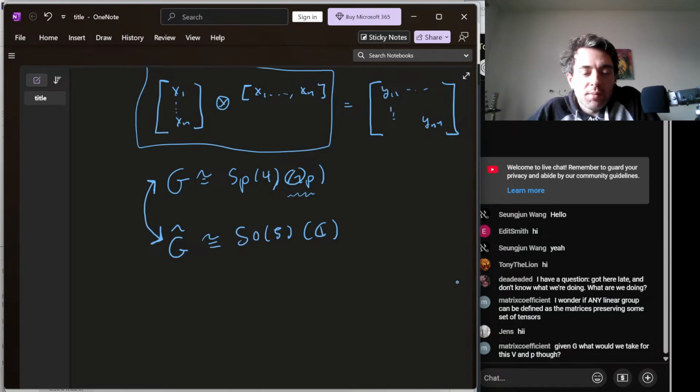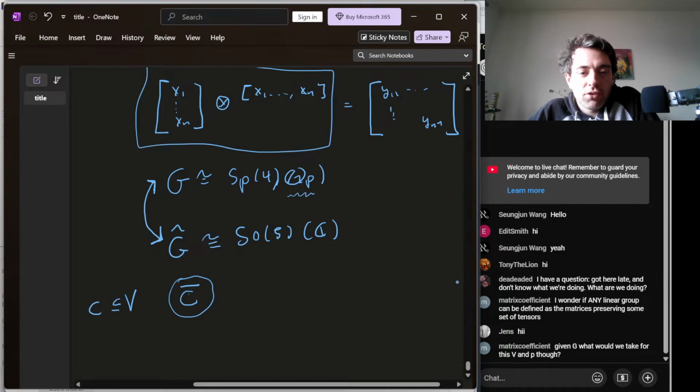These words may not mean so much to a bunch of you, but I talked before that I'm looking at some variety, and I'm looking at the closures of these things and when they're singular. And I wanted examples of something that's called an irreducible